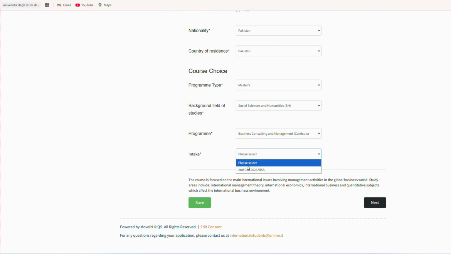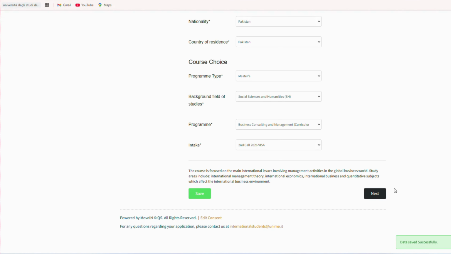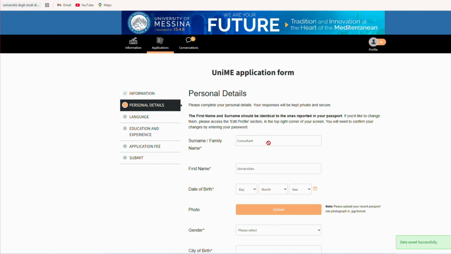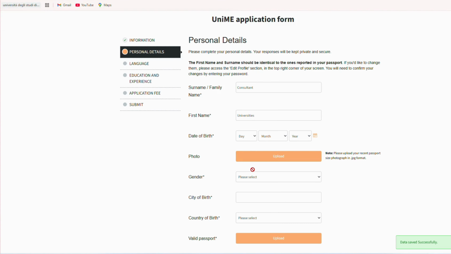In the intake section, you enter the second call 2026 visa. Then, save the application and proceed next. After the Information page, you will enter the Personal Details page here. You will enter your personal details,